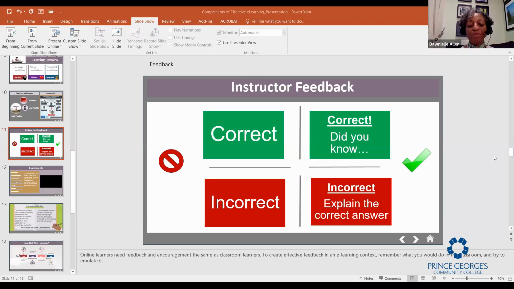Okay, so feedback, when you're giving feedback via e-learning, when it's correct, you want to give additional details to that, just like you would do in a classroom. And when it's incorrect, you want to explain why it isn't correct. You want to explain the correctness and why it is that way. So in e-learning, there is no discussion. So you're not in the classroom. So you want to make sure when you're doing instructor feedback that you're including that. And last but not least,